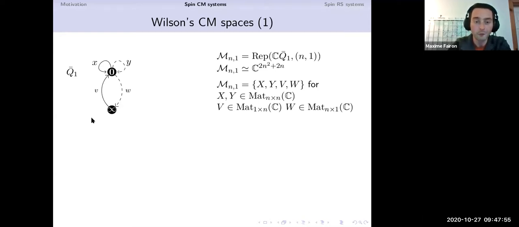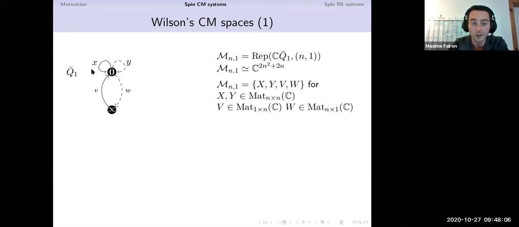Okay, so a quiver for me, as you see on the left-hand side, and if you don't know it, it's just a directed graph, okay? So you have some vertices. These are these black dots with a name in them, and then you have some arrows. And what you can do with this quiver is form the corresponding path algebra. Okay, so the path algebra of this quiver that I'm denoting Q1 bar, the path algebra will be denoted CQ1 bar. And basically, this is just the algebra generated by all the paths that you can form with these different